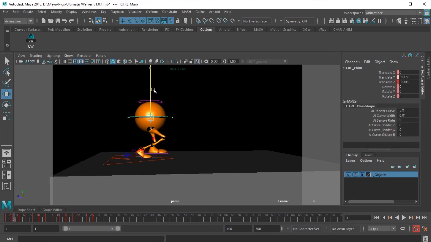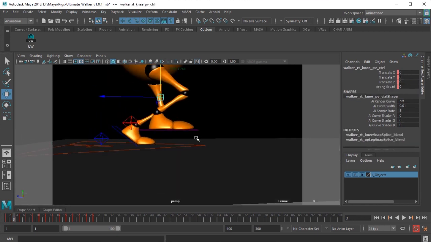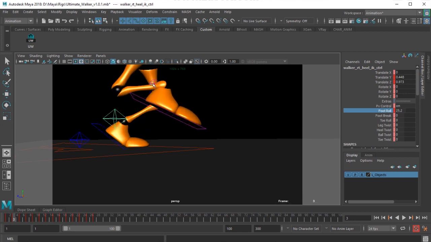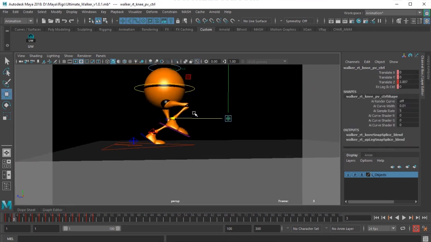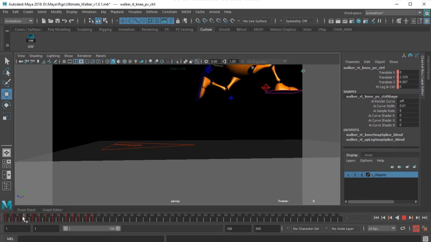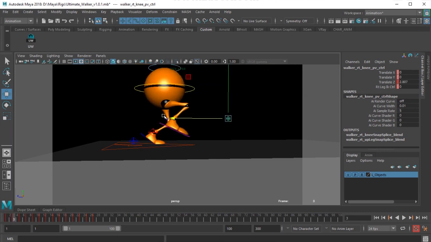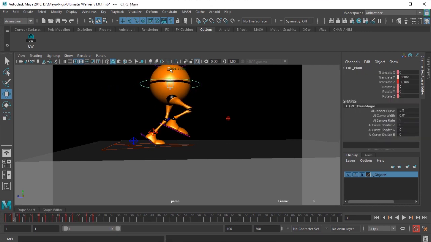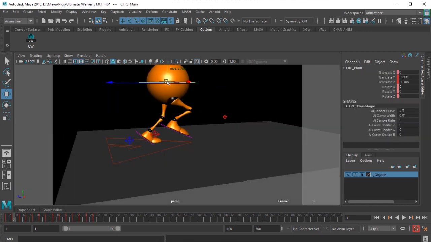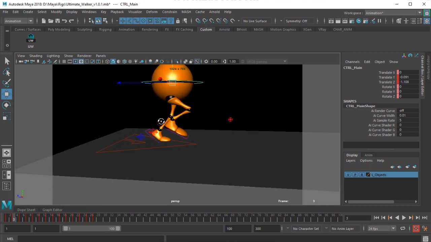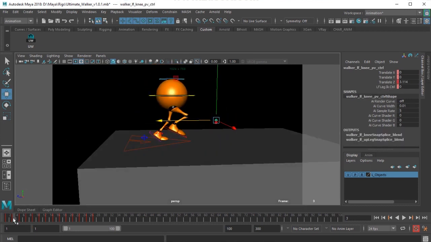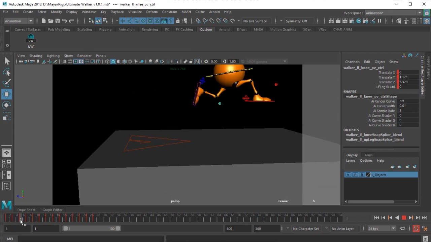So I need to move this control up and then this control foot roll. As I said, progressively it will open up and you'll understand what to do.